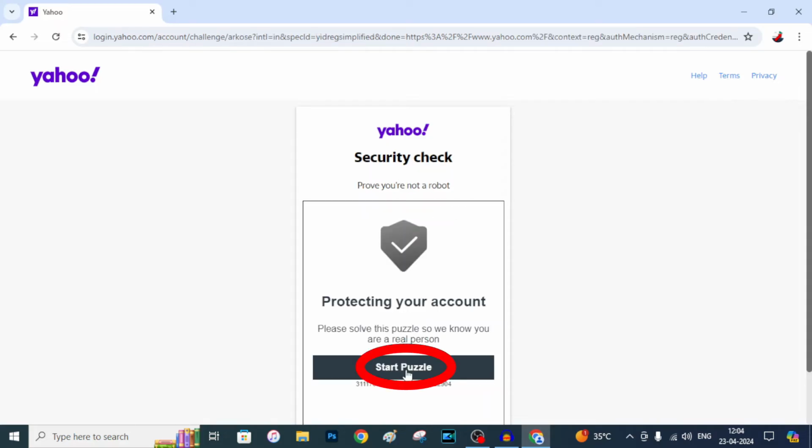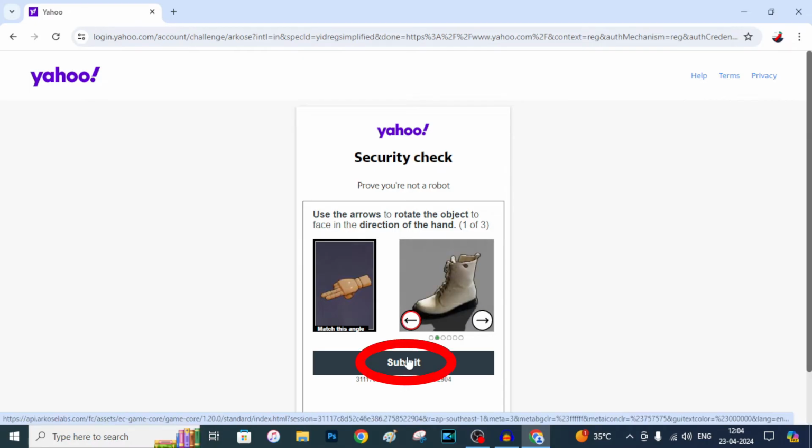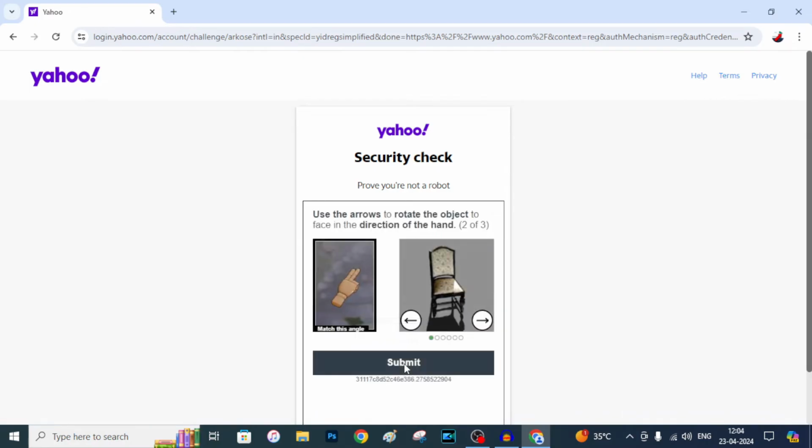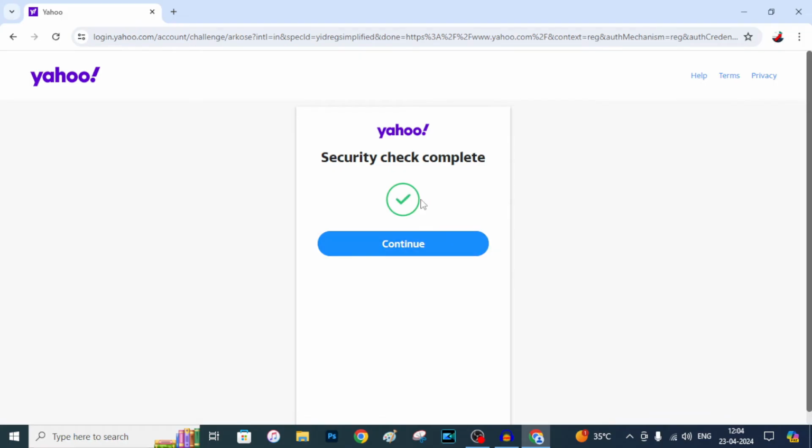Start puzzle. Now you need to move the direction of the second image like the first one. Submit. Okay, when you see this tick mark, don't click continue. You just need to create a new tab